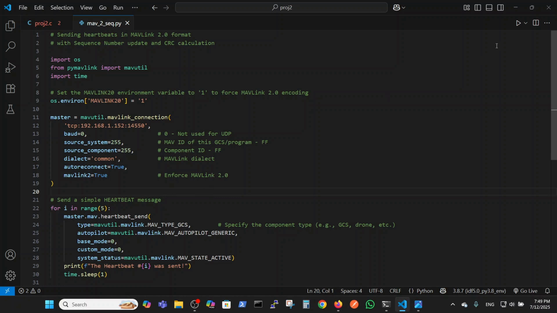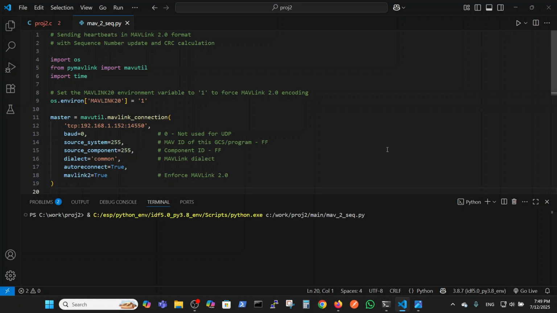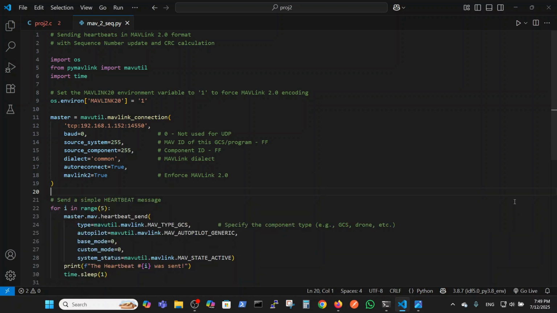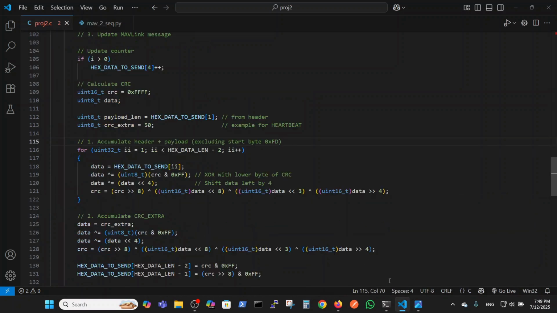First we will send 5 MAVLink 2 messages from the Python file just to see the data. Now I'm sending the messages and I see it on my second computer. In a moment we will go there and see the results. And then we are going here,